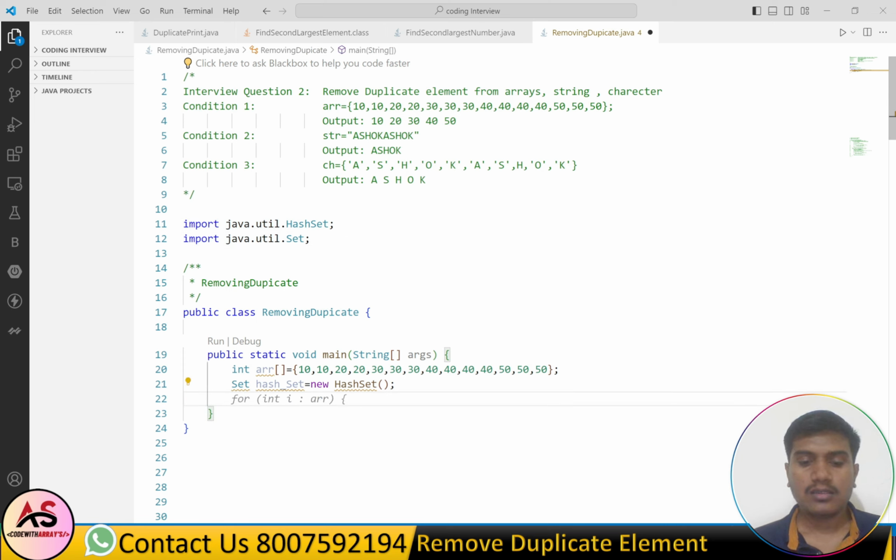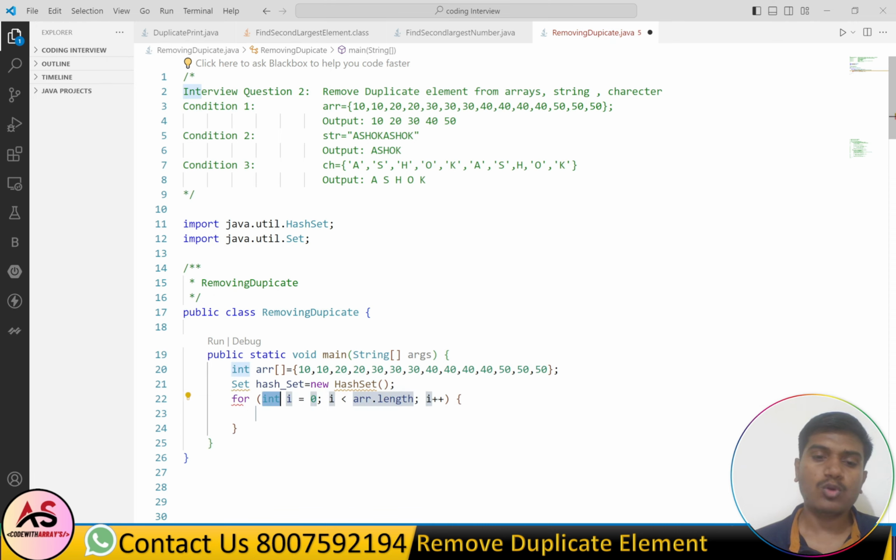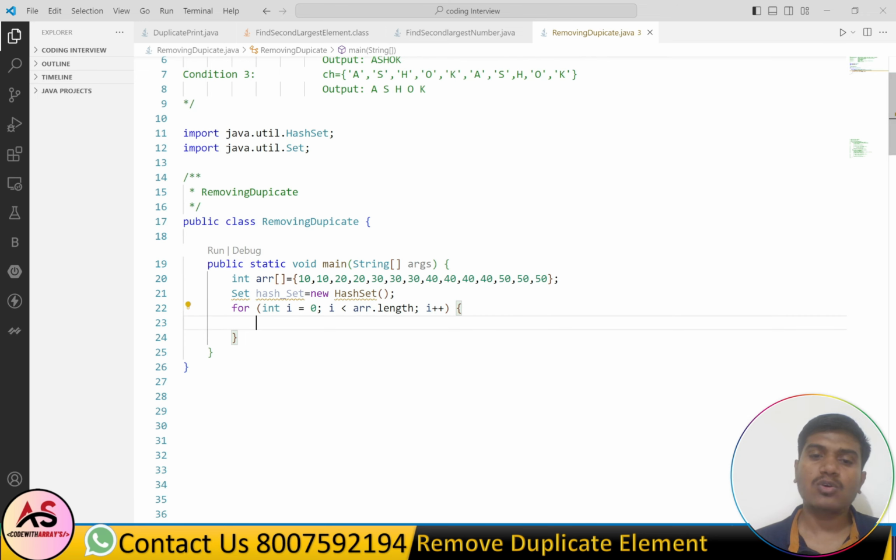After that we will define one for loop. So the starting value of i is 0, and the condition is i less than arr.length. After that we use set methods.